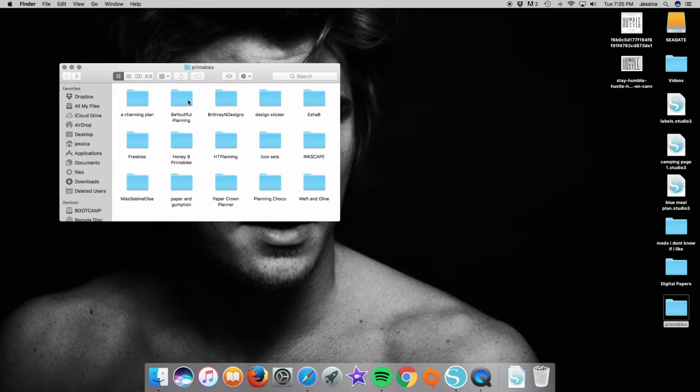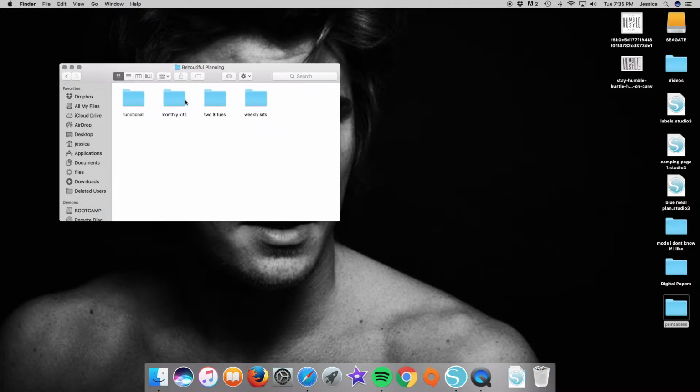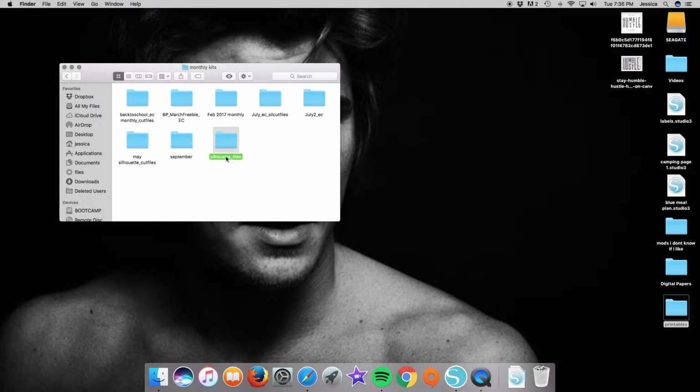So with Beautiful Planning, I actually have a lot of her stuff, so I have hers set up differently than all of my other shops that I buy from or download from. I have some functional icons because I have downloaded a lot of functional stuff, monthly kits, her $2 Tuesdays, which are like sets that have to be worked. And then I have her weekly kit separated because otherwise the folder is out of control with how much stuff I have in it. So we're doing a monthly kit, and